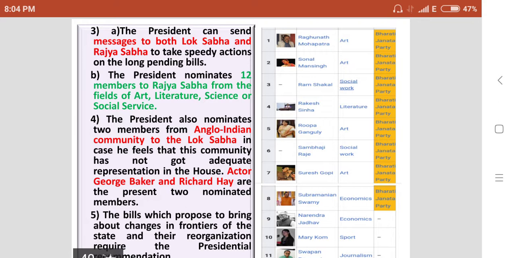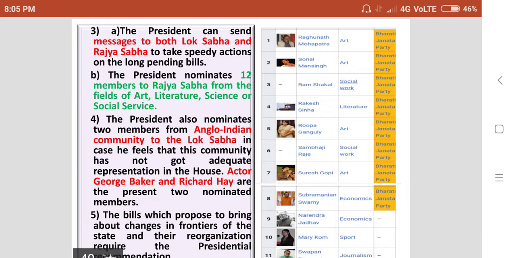So here is a list of the nominated members from various fields. 12 members who are presently representing the Rajya Sabha nominated by the President. So Raghunath Mahapatra representing the field of art, Sonal Mansingh representing the field of art, then Ram Shakal from the field of social work, then Rakesh Sinha from the field of literature, then Rupa Ganguly, the Hindi film actress, representing